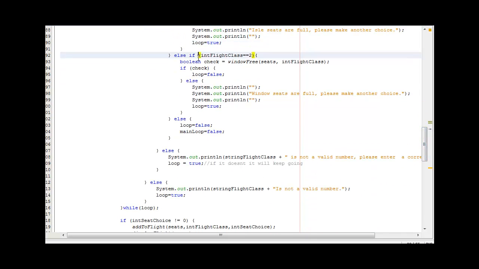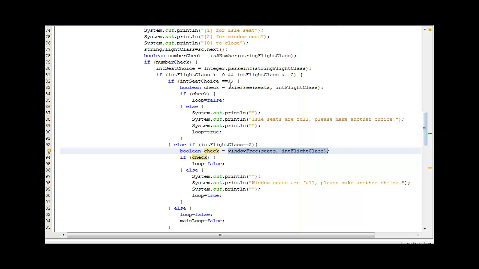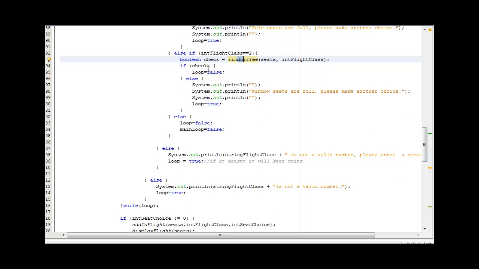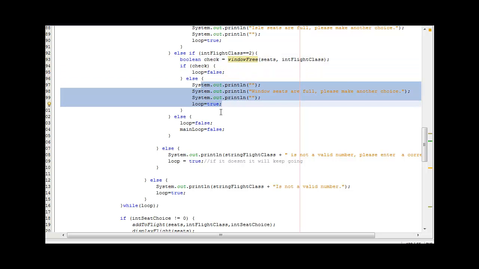And same for this one. Boolean check is window free. Well, actually, not six. That's aisle, that's window. It checks it. If it does, the loop will end. If it doesn't, the loop won't end. Else,